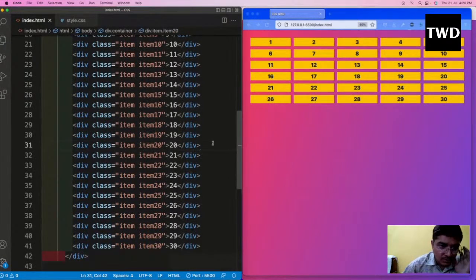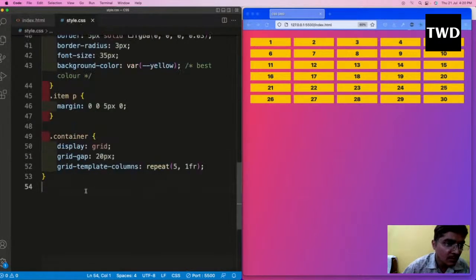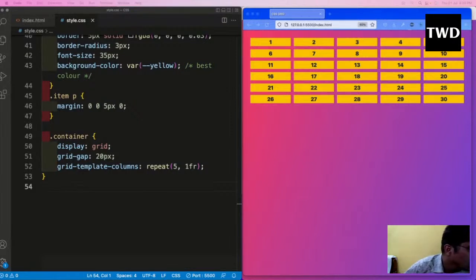So there is some issue with the code. So here we have corrected it. Now, as you all can see,